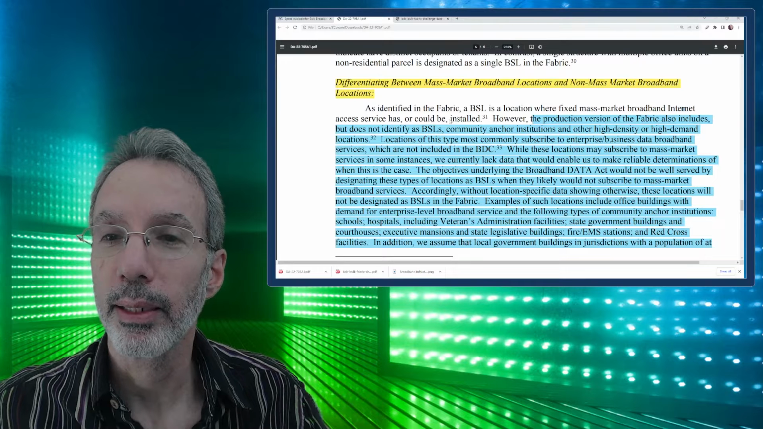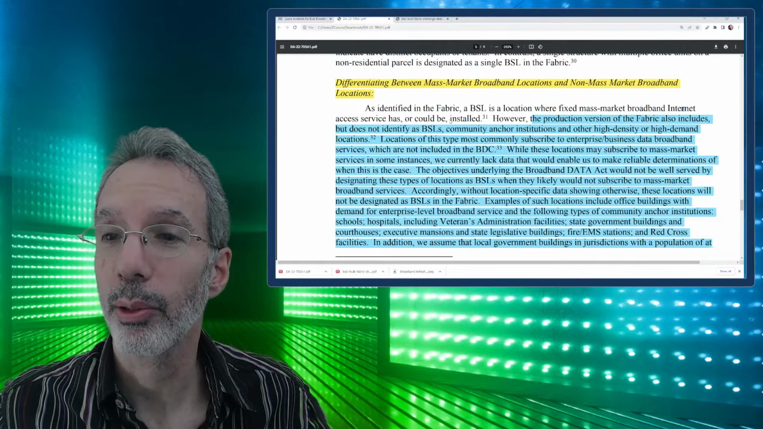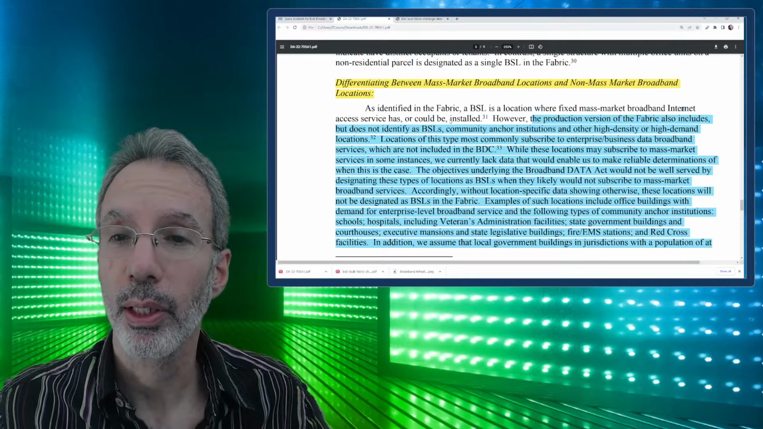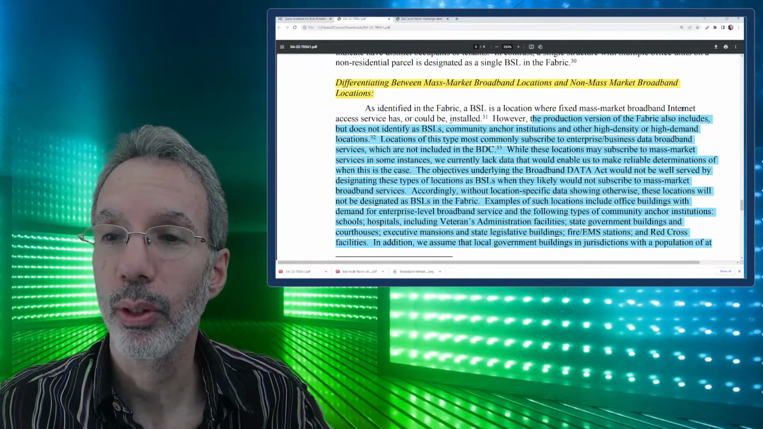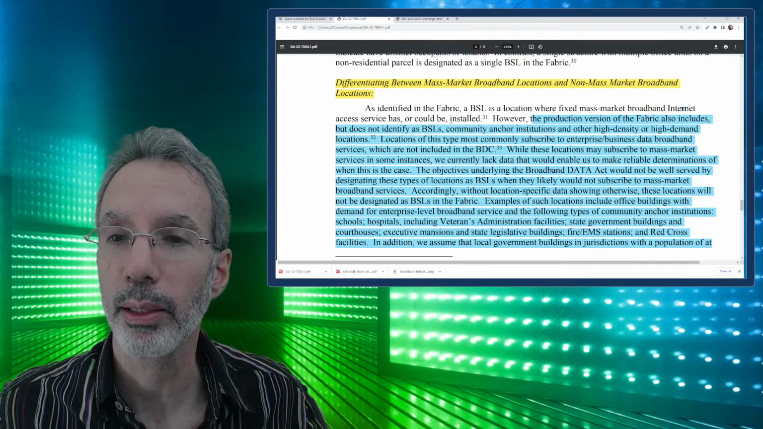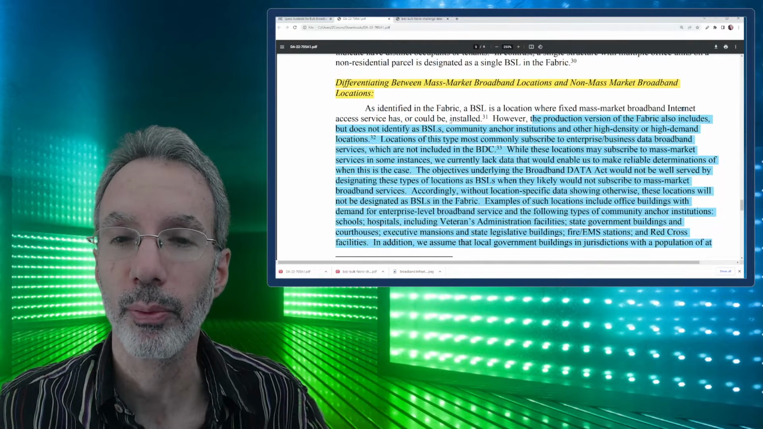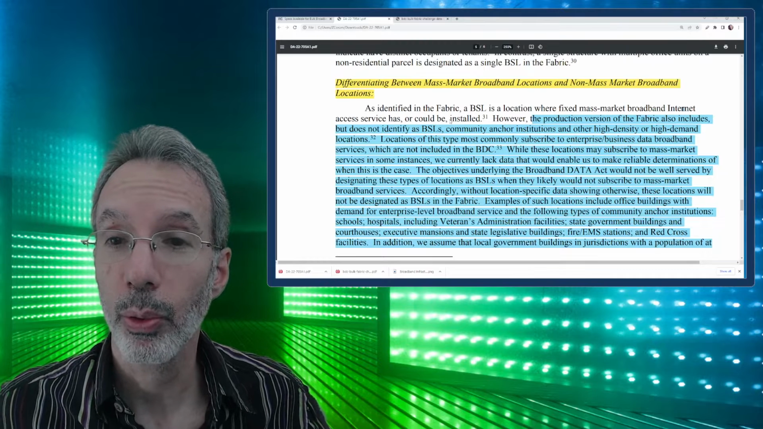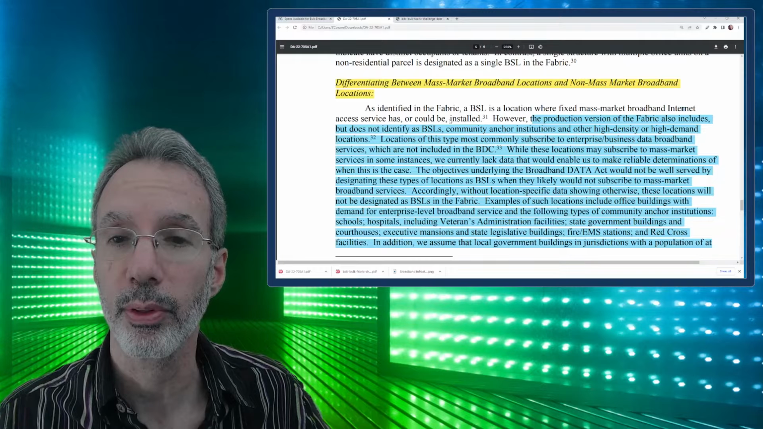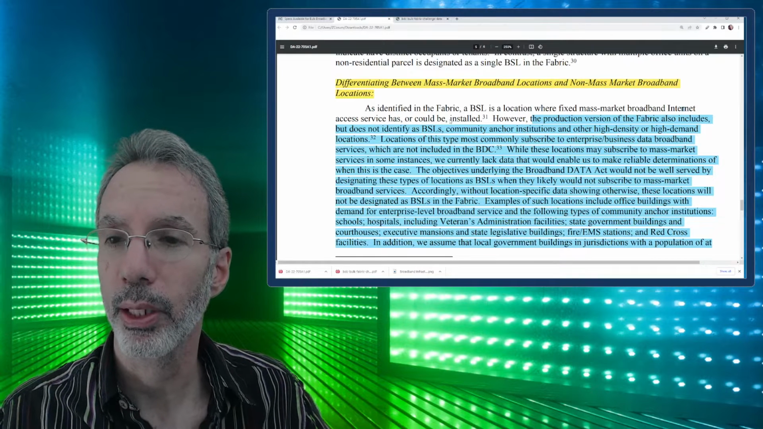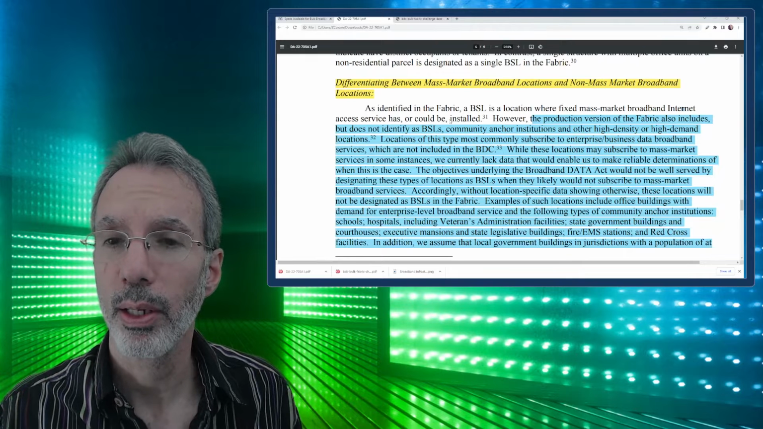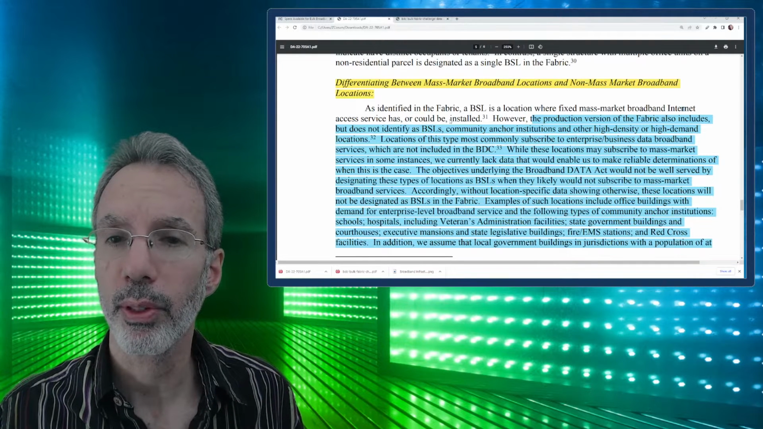We currently lack data that would enable us to make reliable determinations of when this is the case. The objectives underlying the Broadband Data Act would not be well served by designating these types of locations as BSLs when they likely would not subscribe to mass market broadband services. Accordingly, without location-specific data showing otherwise, these locations will not be designated as BSLs in the fabric. Examples of such locations include office buildings with demand for enterprise-level broadband service, so I guess your major corporations, and